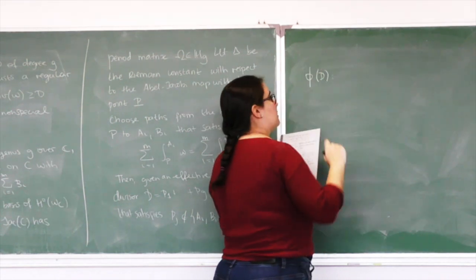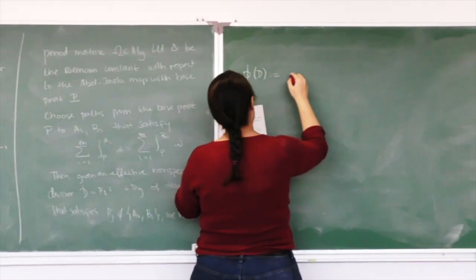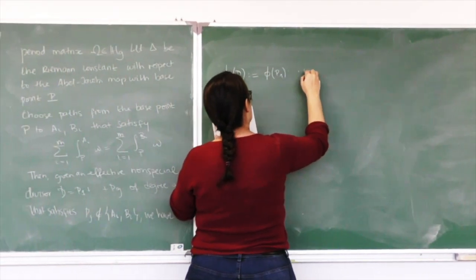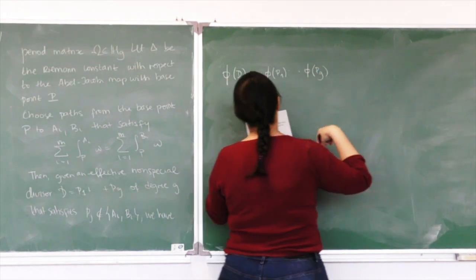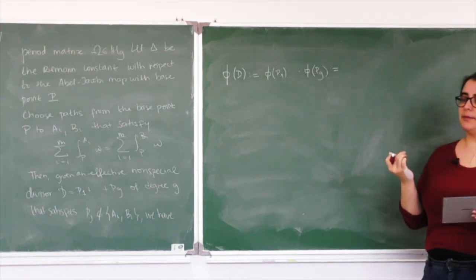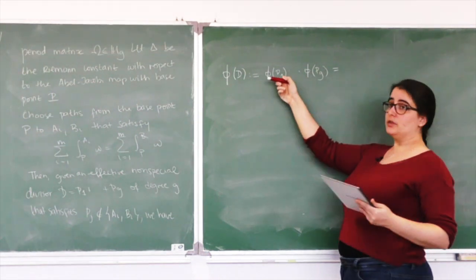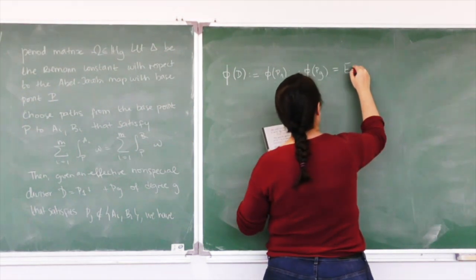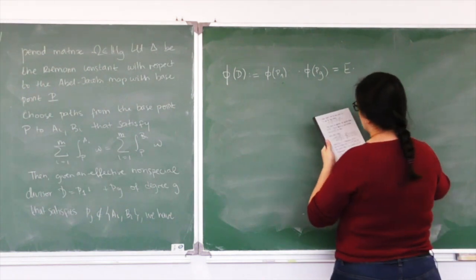We define the image by the function of the divisor to be just the product of the image of every point in the divisor. Keep in mind always what we saw in Abel's theorem for dimension 1. Here g would be 1, so we would just have the image of a point, would be whatever we write next. And this is E, a certain constant that does not depend on the divisor that we chose,